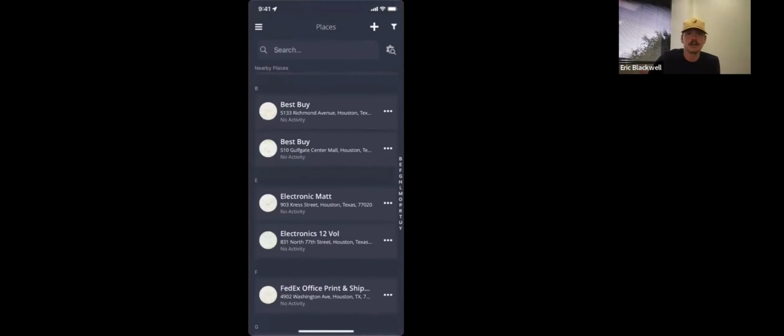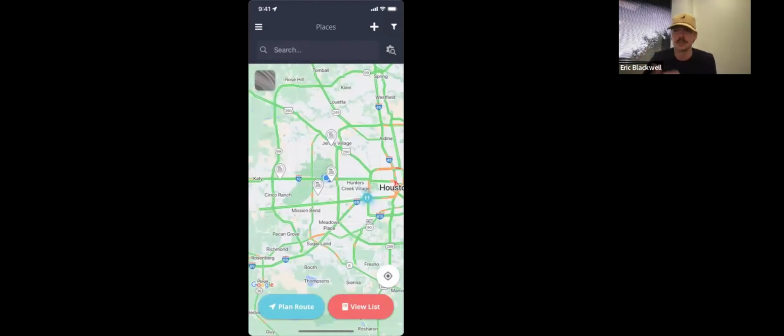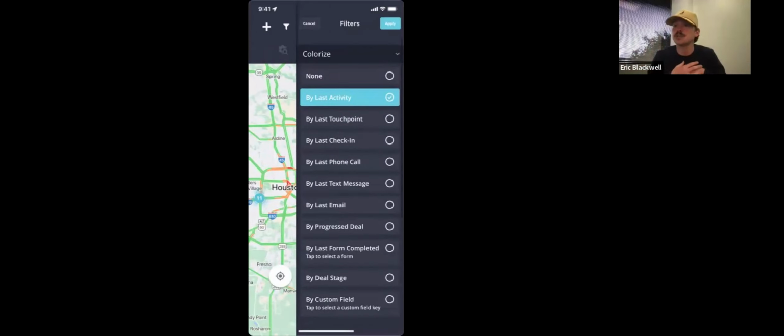It's just showing me accounts that I've never seen before, which can be good for routing purposes and planning purposes, which we'll get to. And so that's not the only filter. You can filter by last activity, which is telling you any kind of activity type. So whether you logged a note,